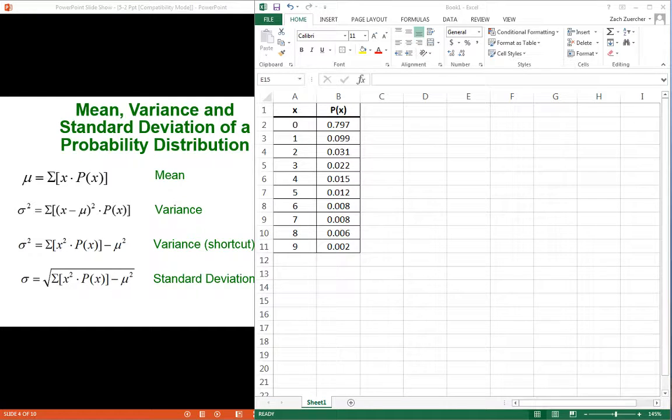In section 5.2 of our text, we're talking about the probability distribution, calculating mean, variance, and standard deviation. In the textbook, they give some instruction there on how to use Excel to calculate each of these values, but I thought it would be helpful to supplement that with a video. So this is a set of data that I pulled out of our homework set out of section 5.2. And we're going to take this and calculate the mean, variance, and standard deviation off of this